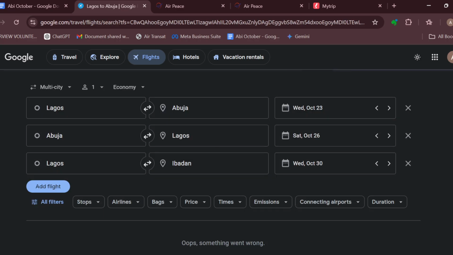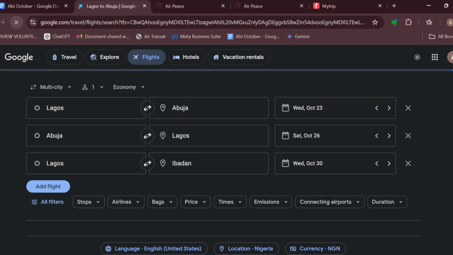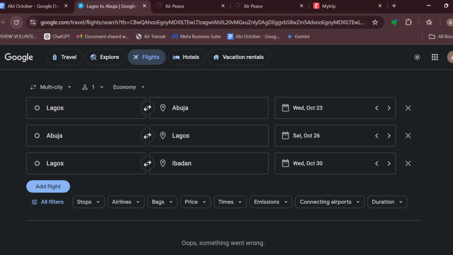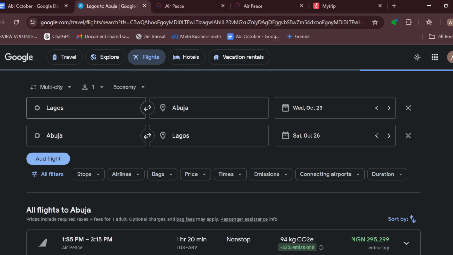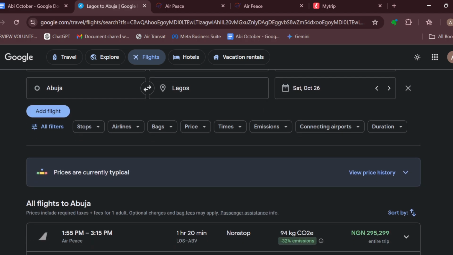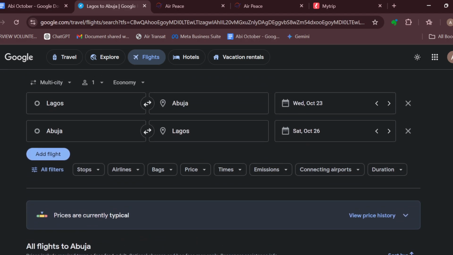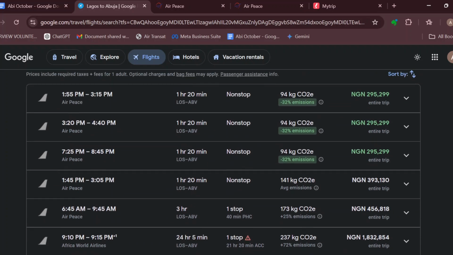So by clicking on search, connecting flights that are available for those days would be displayed. So if it does not work, ensure you reload again to see the flights available for those days. But if it doesn't display, that means that flights for those days are not available. So you can just cancel one and then go ahead and search. And then the ones available for the ones that you've actually added initially would be displayed, as you can see